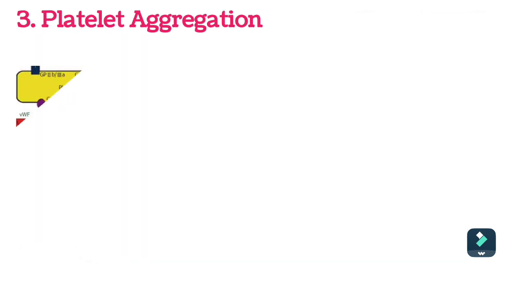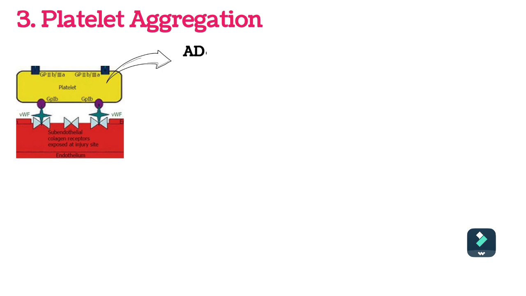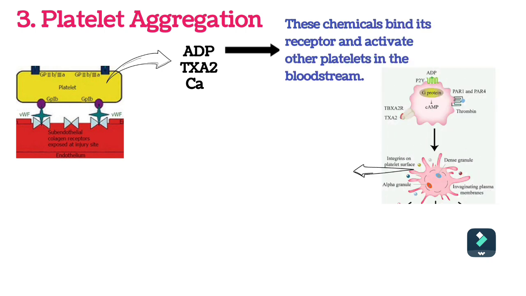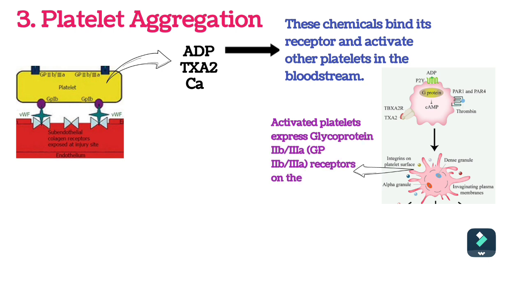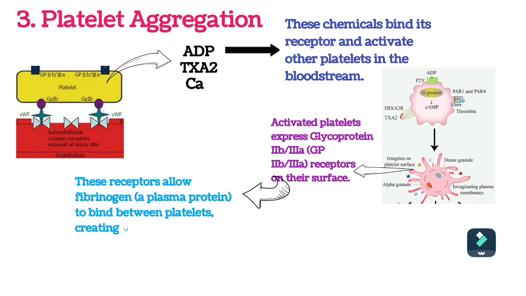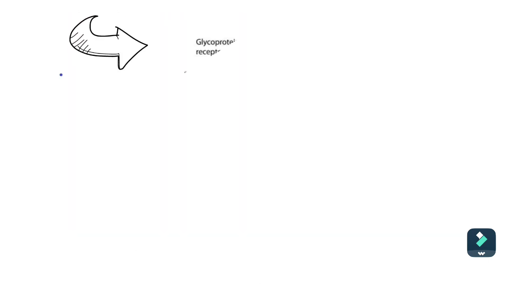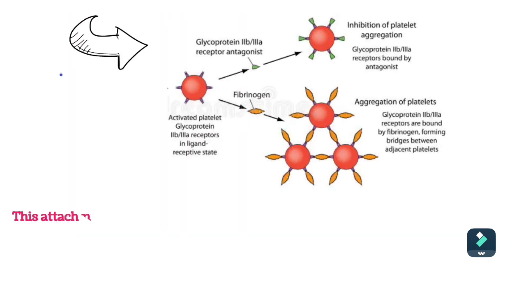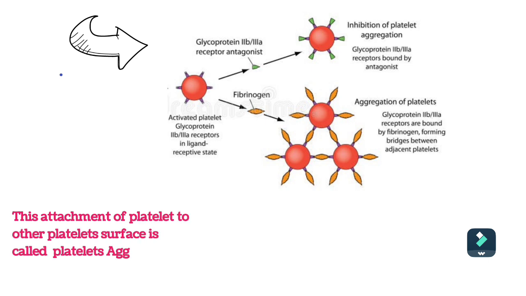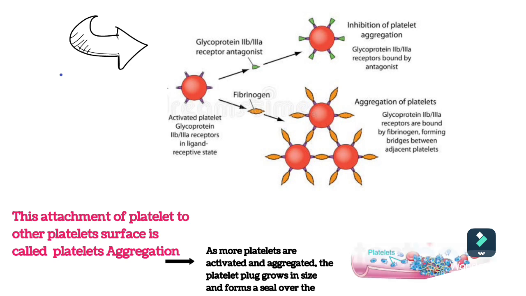Platelet aggregation. Activated platelets release chemical substances like ADP, thromboxane A2, and calcium. These chemicals bind to their receptors and activate other platelets in the bloodstream. The newly activated platelets express another type of surface receptor called GP2B/3A, which allows fibrinogen, a plasma protein, to bind between platelets, creating bridges that link them together. As a result, many platelets bind to each other, forming the platelet plug. This attachment of platelets to each other is called platelet aggregation. As more platelets are activated and aggregated, the platelet plug grows in size and forms a seal over the injury